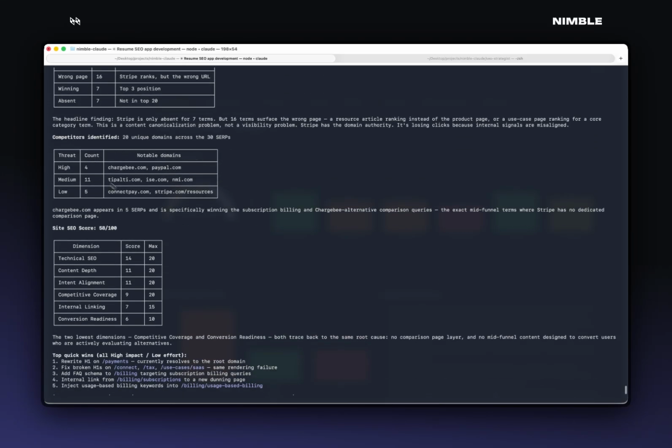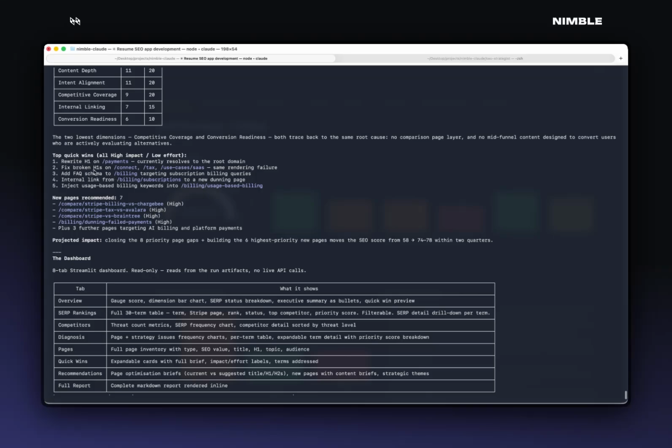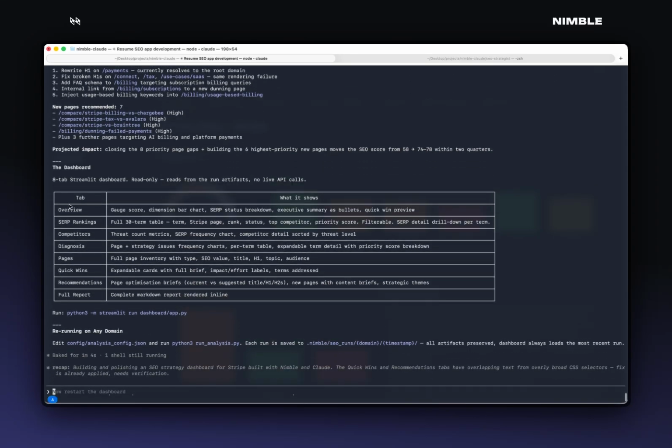We also identified the competitors, as we saw earlier, and we gave a final score of 58 out of 100. That's based across several metrics, including technical SEO, content depth, intent alignment, competitive coverage, and so on and so forth. We even have the quick wins, which we saw on the dashboard, and then we built the dashboard, which has